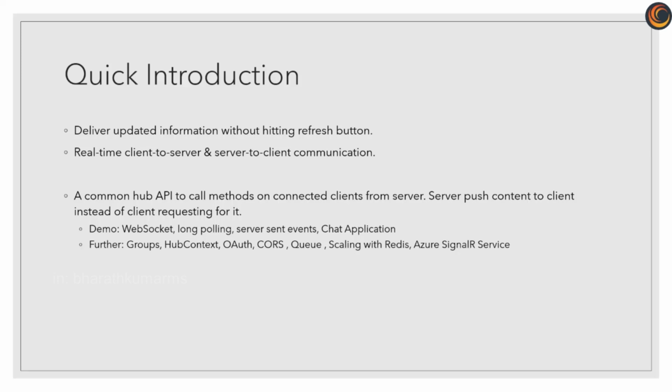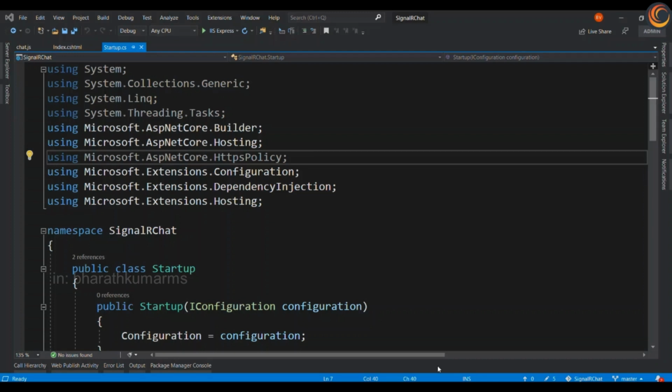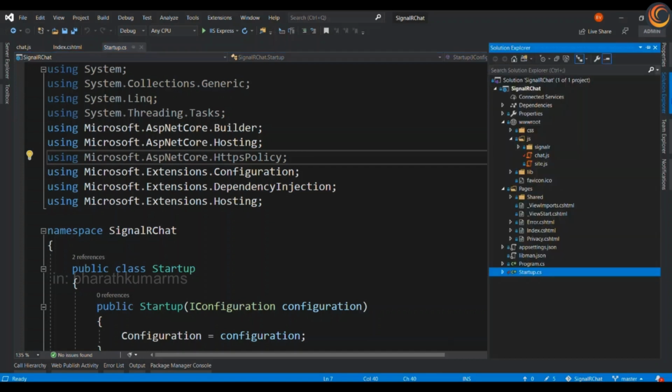Now let's see SignalR in action. Let's jump right in. To speed up app creation, I have already opened Visual Studio 2019 and created a new ASP.NET Core web app. You can see these are default folders and files from the template.